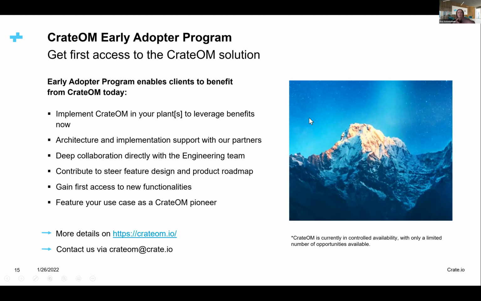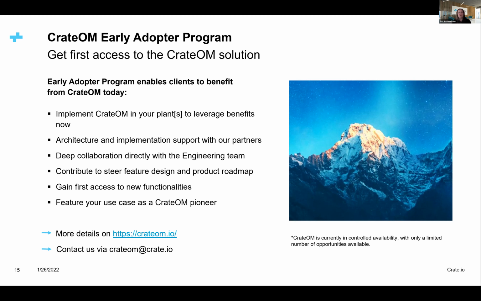I'm going to do one more thing and then I'm going to go into more questions here. So somebody already asked, well, how does this work? And what we did is what I just described, this Crate.io solution is, we opened an early adopter program. Why did we do this? Because in manufacturing, as we all know, there's a lot of variations. And I want to make sure that with the next few customers we don't become too myopic on a few customers, but really prioritize what we do in the roadmap based on the next few customers.